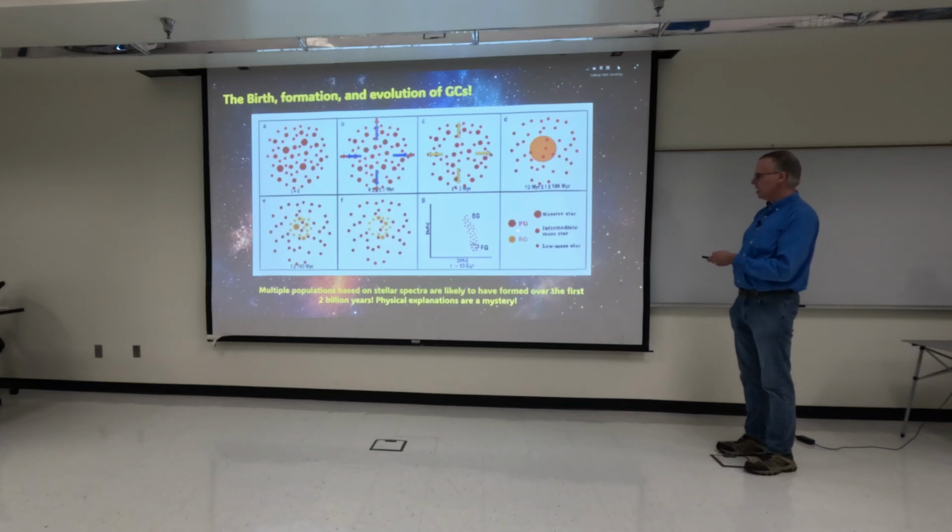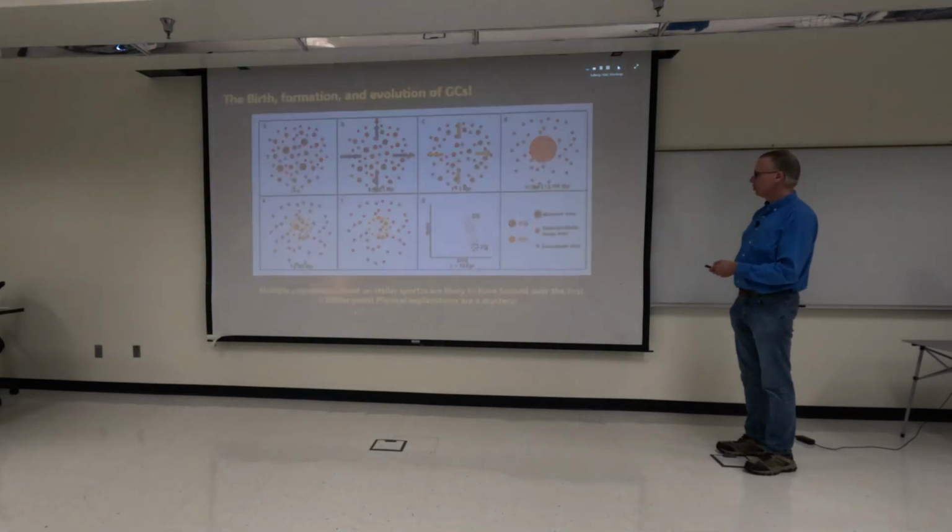This is mostly for the F and G class stars. Then we have the supergiants. What's more interesting is that these stars here tend to have a higher metal content than these other types of stars. And what we see here is that it fits with about a 2 billion year time period in which the globular clusters, in the first 2 billion years, are going to be forming these stars.